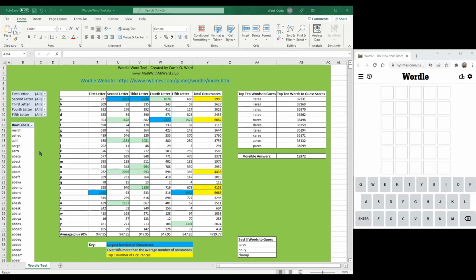The next thing that you see here, this large chart right here in the middle, is every single letter, A, B, C, D, E, F, G, all the way through Z, and how many times that letter occurs in each of the five spots that a letter could occur. So for instance, the first letter, second letter, third letter, fourth letter, fifth letter, let's say the letter A. The letter A shows up as the first letter in five-letter words 737 times in the game of Wordle. It shows up as the second letter, though,